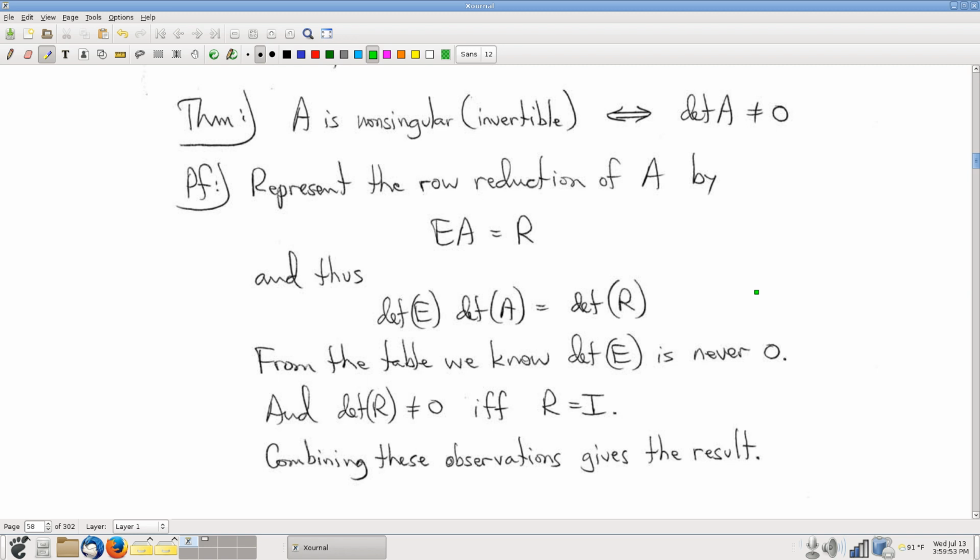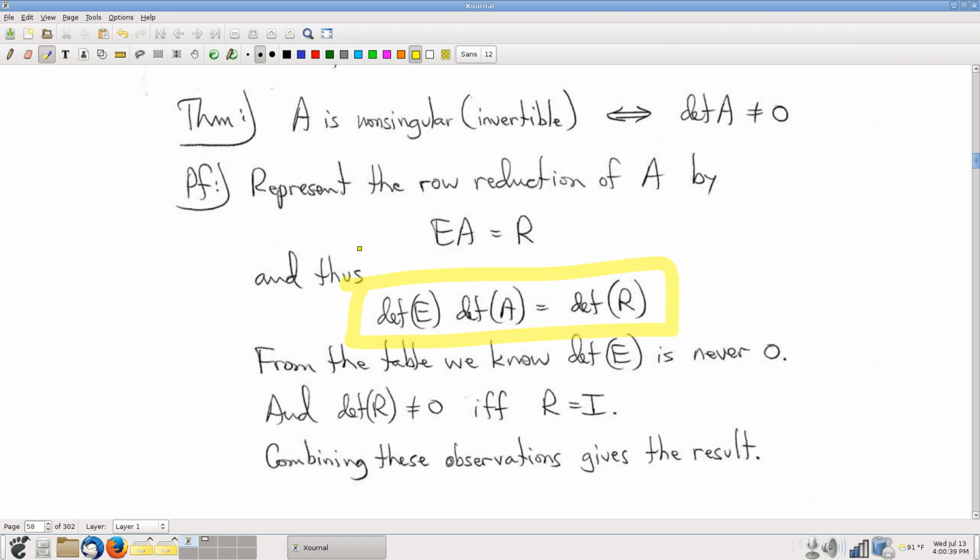Our matrix A has a row reduction somehow or another. This is how row reductions work: for our original matrix, there is a series of row operations. Now, importantly, E here is not necessarily an elementary matrix, but it's a product of elementary matrices. And after applying the appropriate number of row operations, you get down to the reduced row echelon form. So we've seen this algebra before, a little quick algebra representing an entire row reduction with matrix multiplication. Okay, and then using the result above,